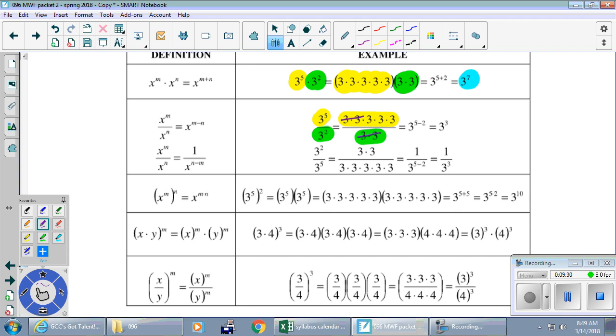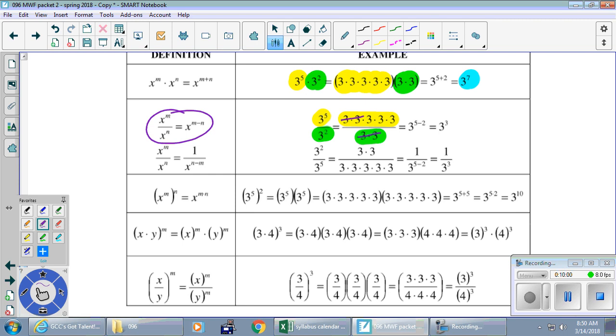Is there some simple thing we can do with the 5 and the 2 to understand that there are going to be 3 left over without writing it out? What can we do? We can subtract them. And so 5 minus 2, that's it right there. And so that is written out right there. X to a power divided by x to a power, x to the m minus n, 5 minus 2. Okay, you could get away with just learning that form of this property,